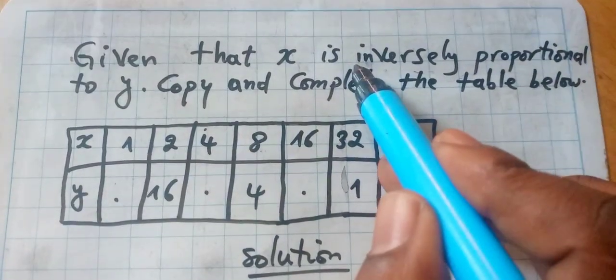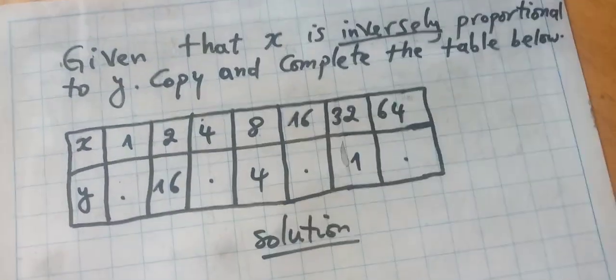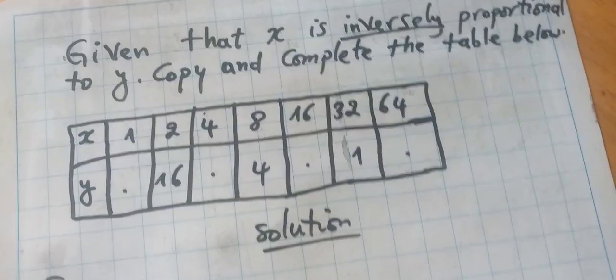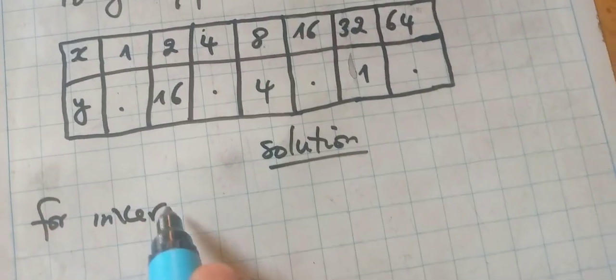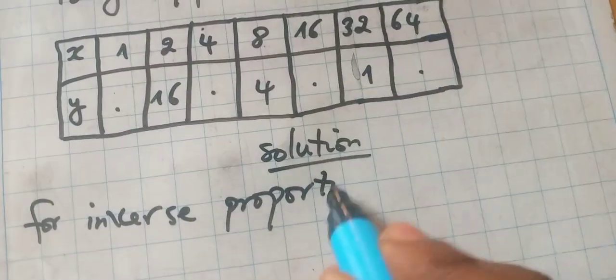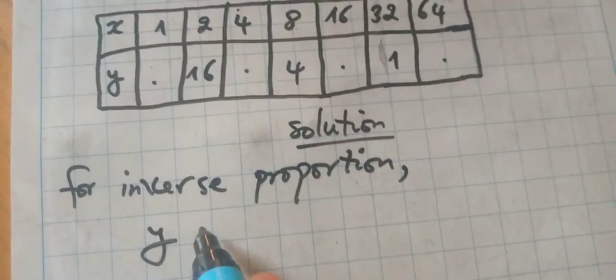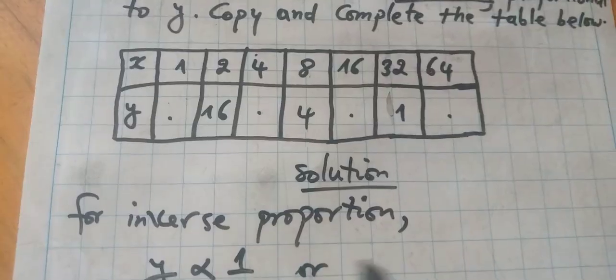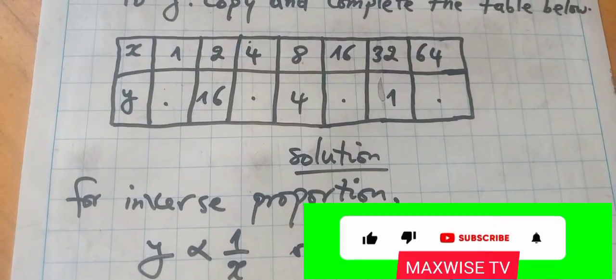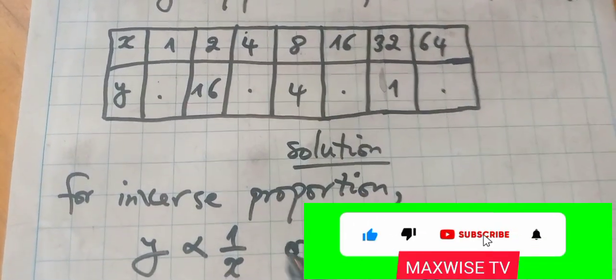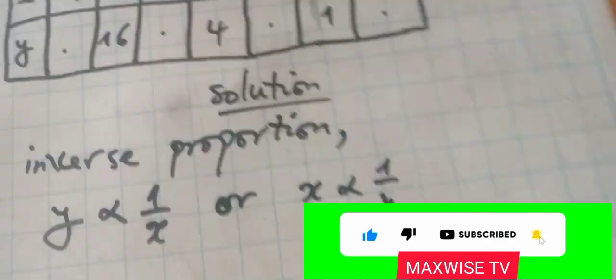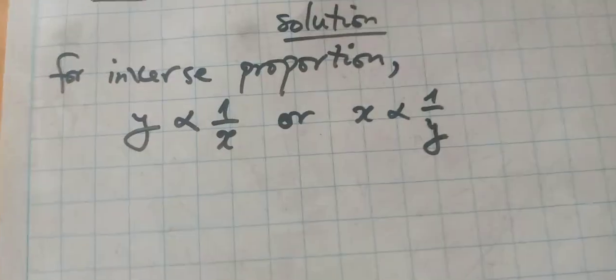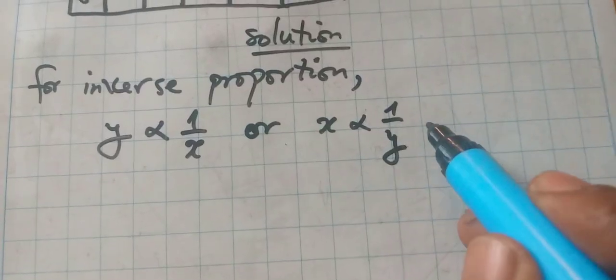Here you have the word inverse proportion. For inverse proportion, y is inversely proportional to x, or you can write that x is inversely proportional to y. You can write it in the manner you want. At this time,